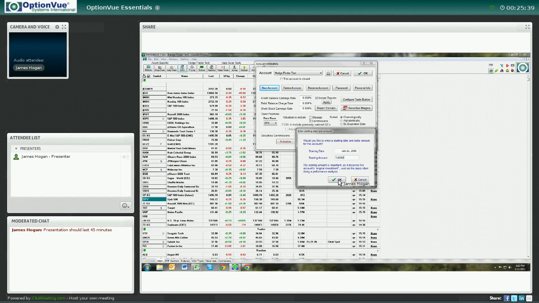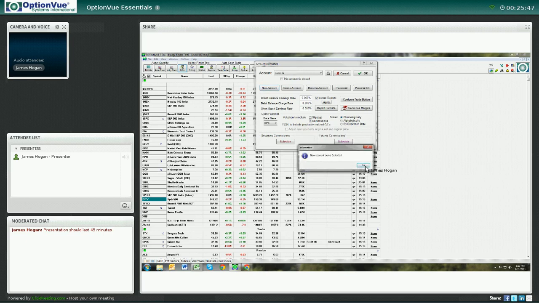It's going to say that you had an initial deposit of 150,000. Hit OK, and my new account is now started. Okay, and I'm in that account. Now that I'm in my account,